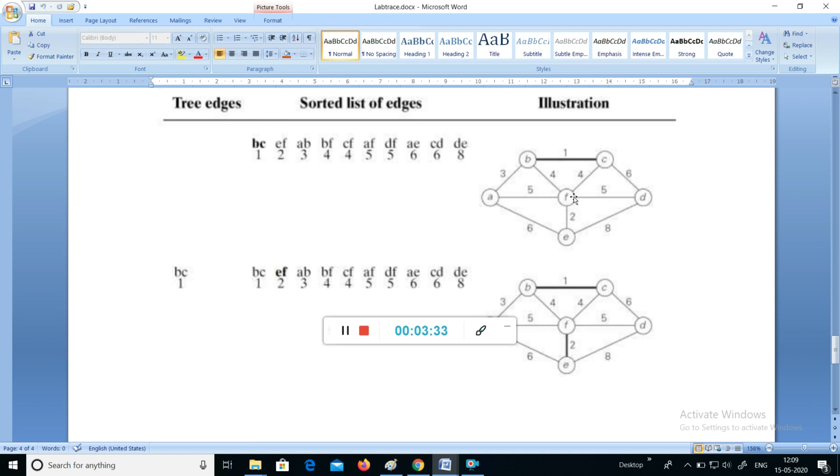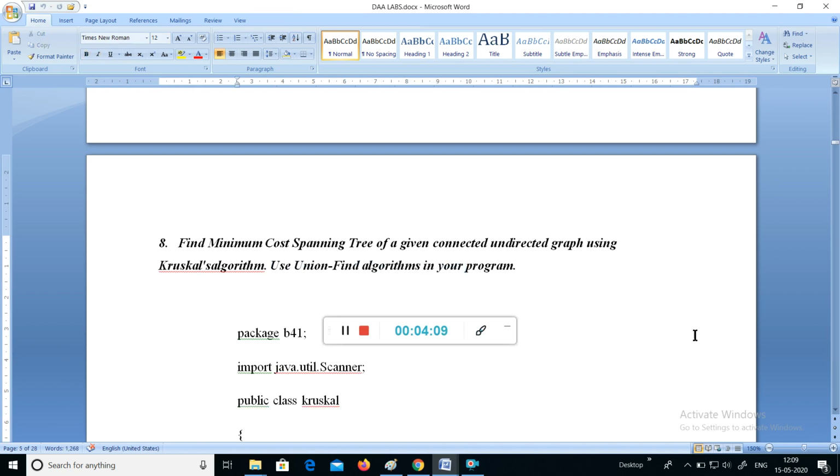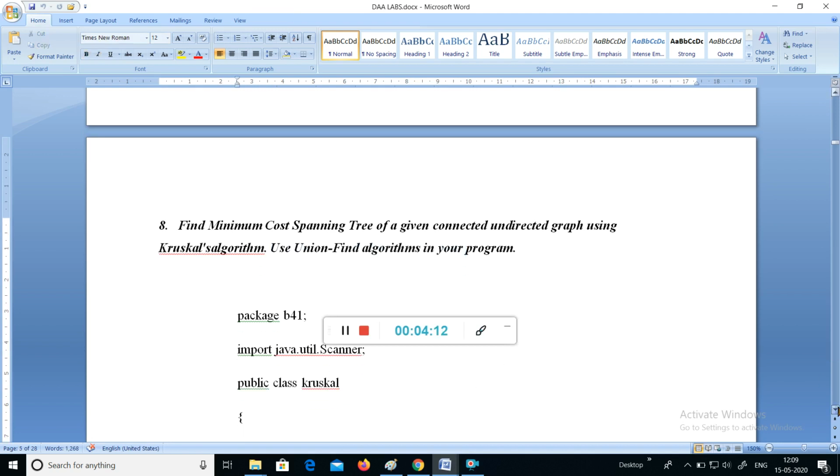If I select an edge between C to F, see, his parent is also B and his parent is also B. Whenever this condition happens, it tells that you cannot select this edge because it creates a cycle. How does it create a cycle? Because both the source and destination vertices have the same parent, right? So this concept we use in the Kruskal algorithm. So n minus 1 iterations we have to go and we have to find n minus 1 edges with the smallest cost, right? So we will start with the lab program. As usual, some statements are repeated.